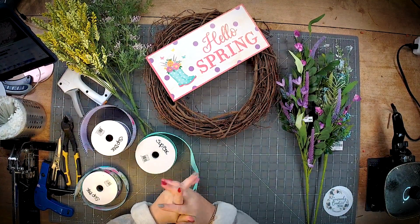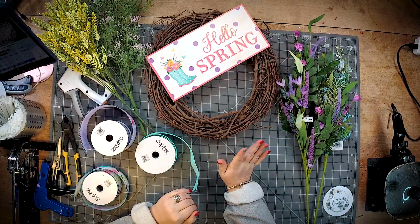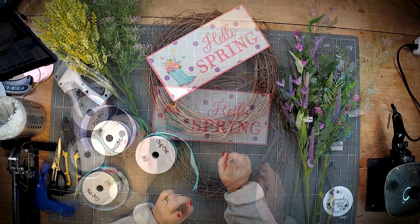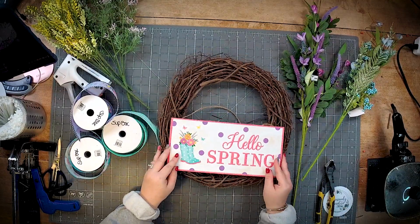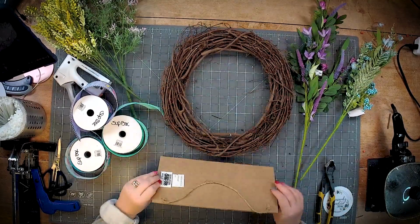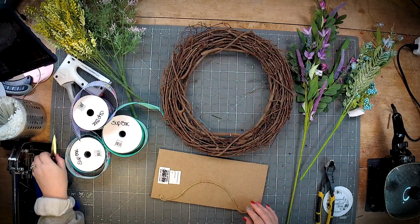We are going to make a spring grapevine wreath today. I'm really excited to do it. And we're going to go ahead and put our sign on first. One of the first things we're going to do, I'm going to take this